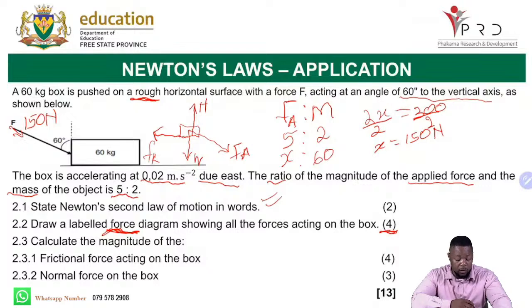Then we go to 2.3. In 2.3, the examiner is asking, calculate the magnitude of the